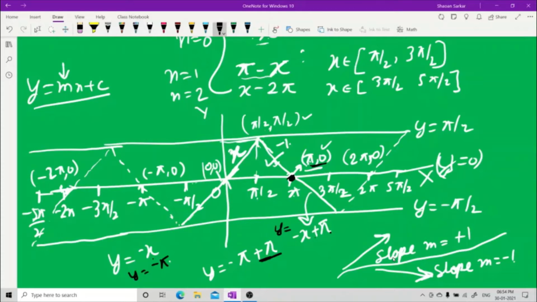अब हिंदी में समझा रहा हूँ, देख लो इसका स्लोप क्या है, -1, इस लाइन का स्लोप -1, यहाँ पे -1 पुट कर दिया इक्वेशन का, तो क्या मिला मुझे? y इक्वल टू माइनस एक्स। अब ये जो पॉइंट है, यहाँ पे (पाई, 0) है, तो यहाँ पे जब मैं पाई पुट करूंगा x की जगह पे, तो आई विल गेट y इक्वल टू माइनस पाई। तो मुझे 0 चाहिए। तो माइनस पाई में मैं क्या ऐड करूं जो मुझे 0 मिल जाए? प्लस पाई। तो इस लाइन का इक्वेशन होगा माइनस एक्स प्लस पाई, वही तो मुझे यहाँ मिला है।